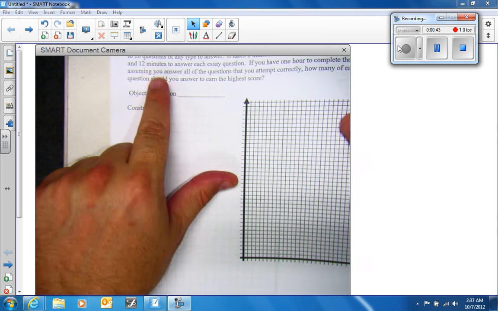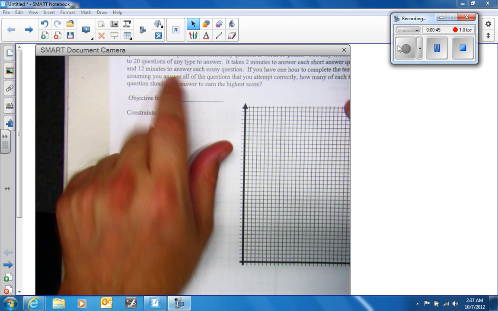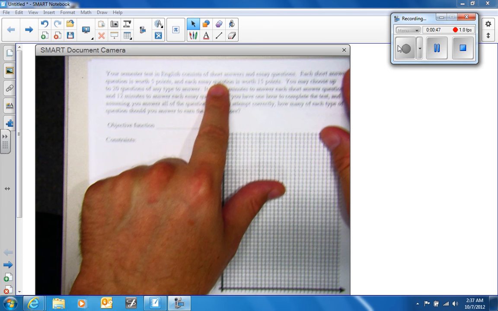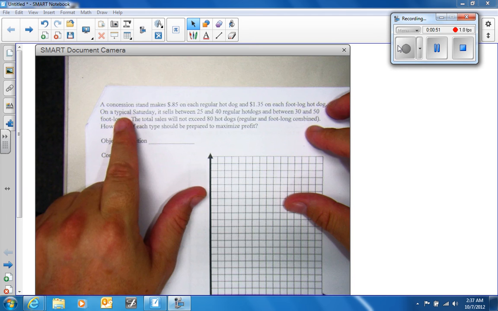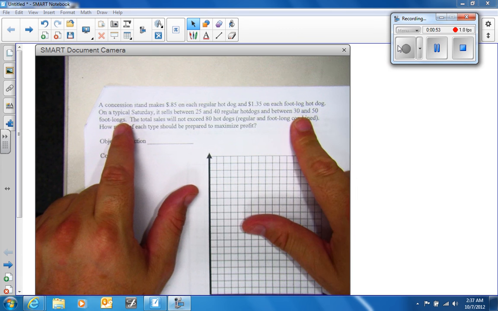You also have English, which consists of a short answer and essay questions, so 2 parts. And then again, you have a concession stand for hot dogs and foot-long hot dogs. Okay? So let's quickly go over the